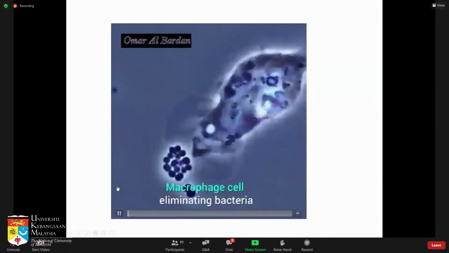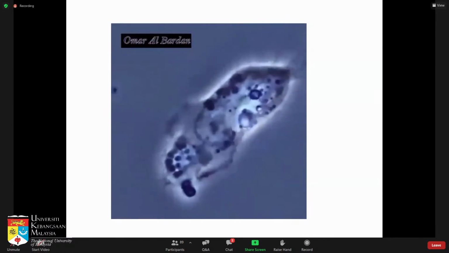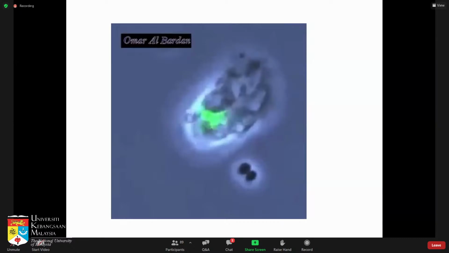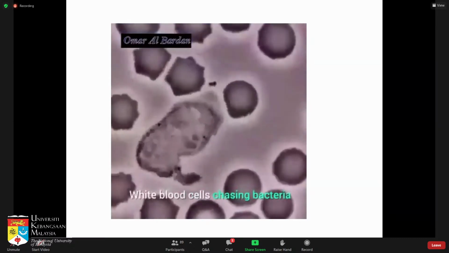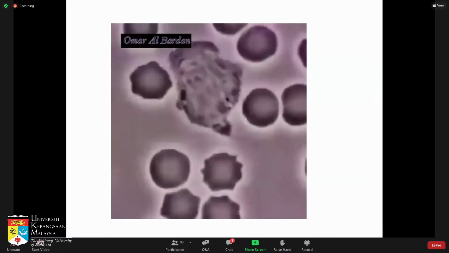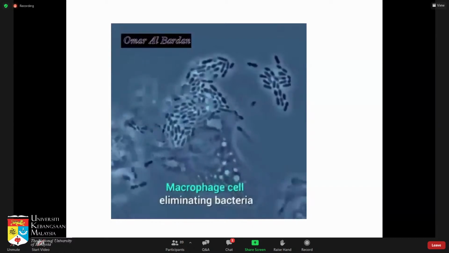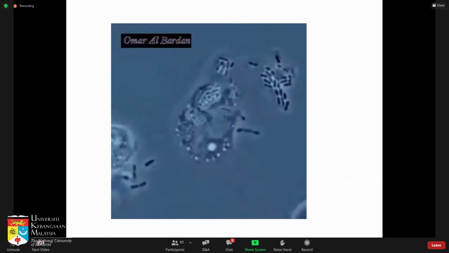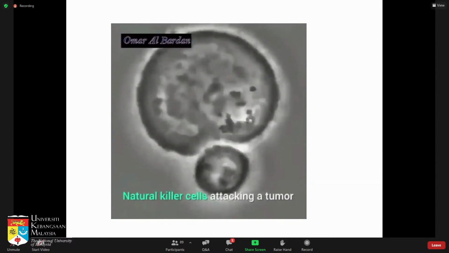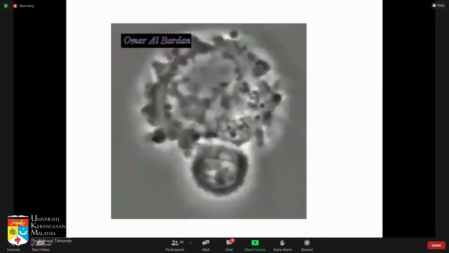So, for example, if I want to present something about the cells, I want to get people's attention after 20 minutes already. So I might embed a video in this case, for example, how the macrophages eliminate bacteria. So I can write something here about what is going on, how the T suppressor cells, white blood cells, chase the bacteria using electron microscopy, for example. So these are real life, how the macrophages are eating the bacteria in the bloodstream. Again, the video may be too loud, you cannot hear me, how the natural killer cells attack the tumor. So you embed